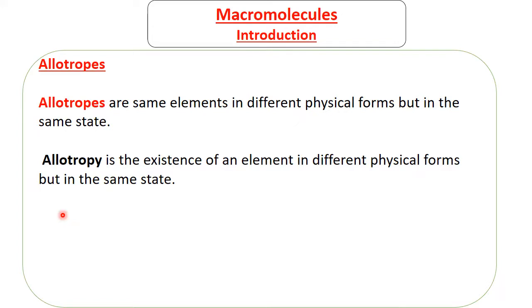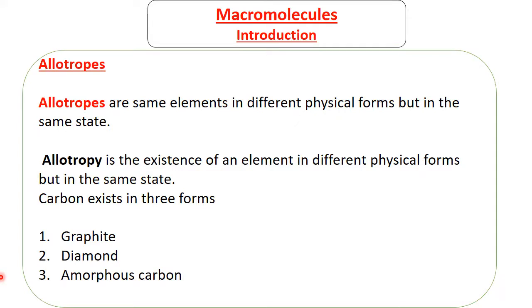So in the example that I gave, since carbon has two forms, like I illustrated, you can say that carbon has the property of allotropy, meaning that it exists in more than one physical form but in the same state. So in reality, carbon exists in three forms, but in this syllabus we're going to take a look at two forms. The first form of carbon is called graphite, the second is called diamond, and the third is called amorphous carbon. But we're going to take a look at